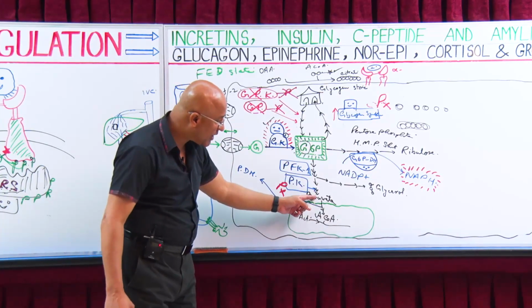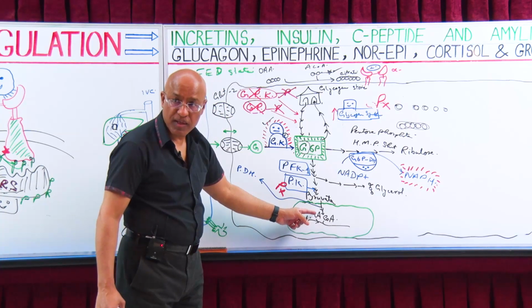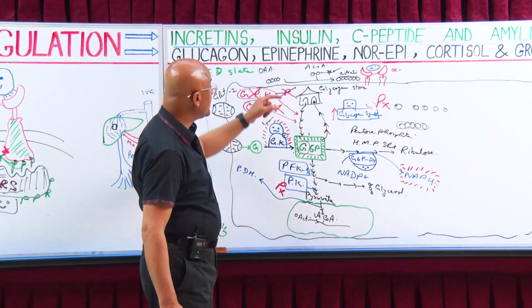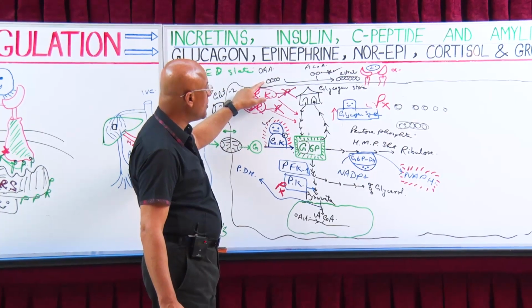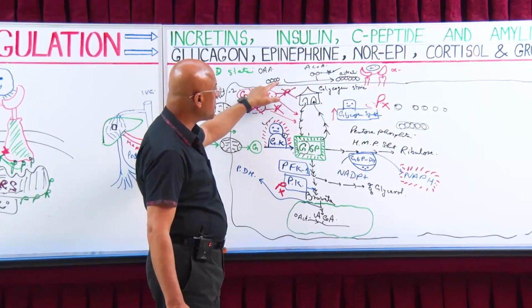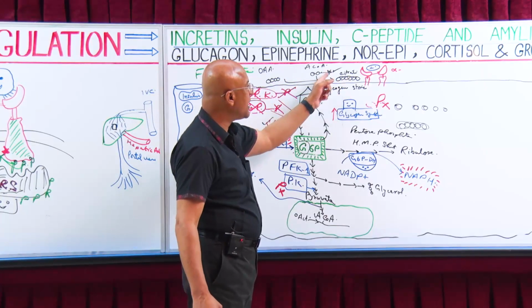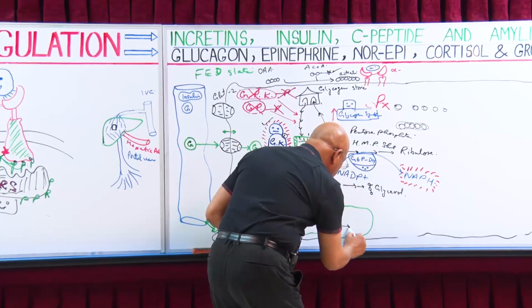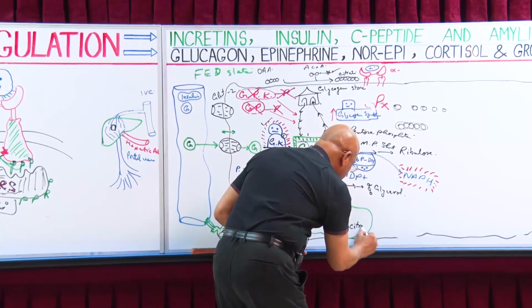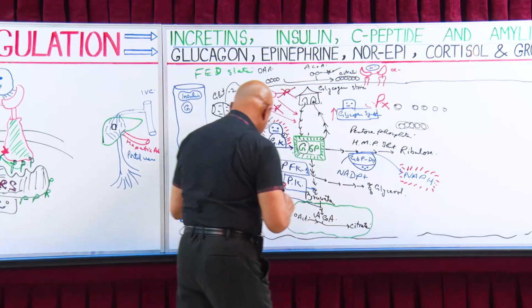Then eventually glucose 6-phosphate will break down into 2 pyruvate. Now this pyruvate will enter the cell and convert into acetyl-CoA. Acetyl-CoA has 2 carbons and oxaloacetate has how many? 4 carbons. These 4 carbons plus 2 carbons become united and CoA is lost. But the new molecule which is made is called citrate. It is called citrate.